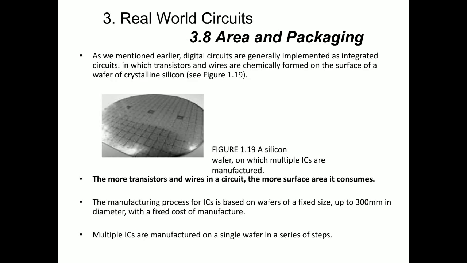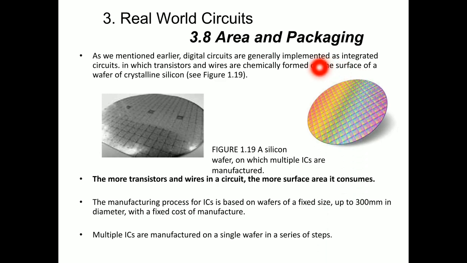The integrated circuit will be manufactured on a silicon wafer. That silicon wafer will be in a circular shape. You can see that the silicon wafer is circular shaped. It comes with a 300 millimeter diameter or 200 millimeter diameter. In the figure you can see the silicon wafer. On that silicon wafer we will be manufacturing many square shaped or rectangular shaped integrated circuits. You can see many rectangular shapes there. Those rectangular shapes represent integrated circuits.